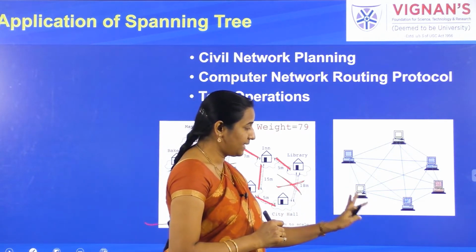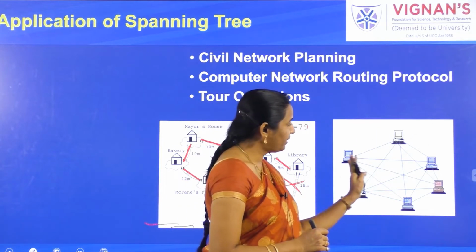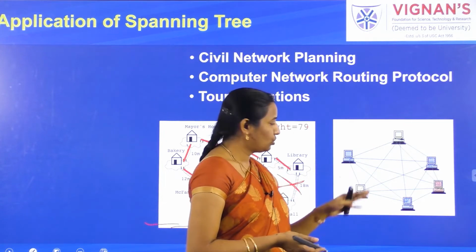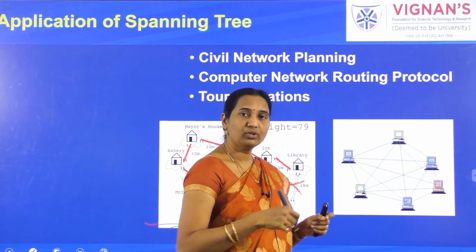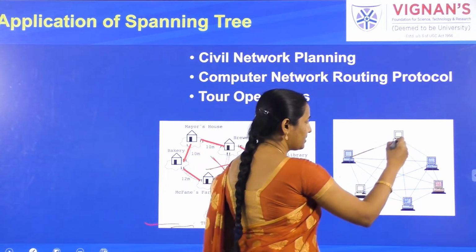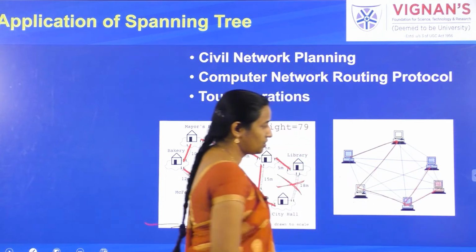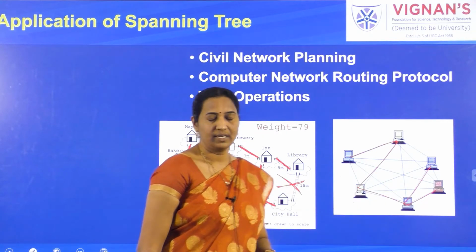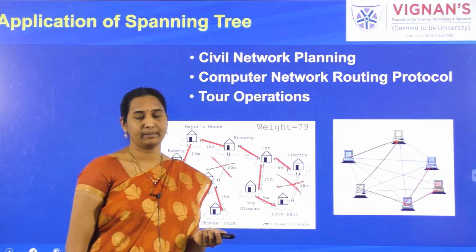And now consider this example of a local area connection network. Now every system is connected, but I don't want to do that, right? With this kind of connection, there is a lot of wiring happening and the speed would be less. What I can do is design a network which is giving me the least cost. So this is one of the solutions which reduces the cost of wiring. That is where the minimum cost spanning trees can be used in real-time applications.